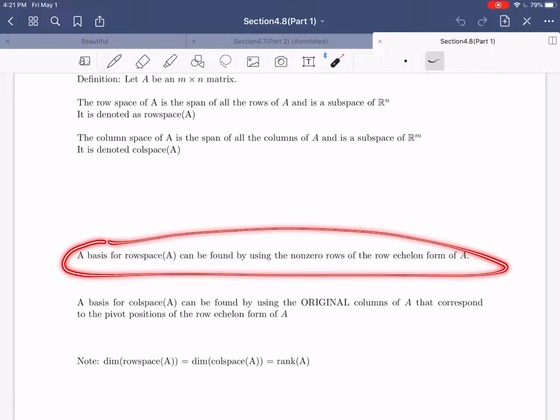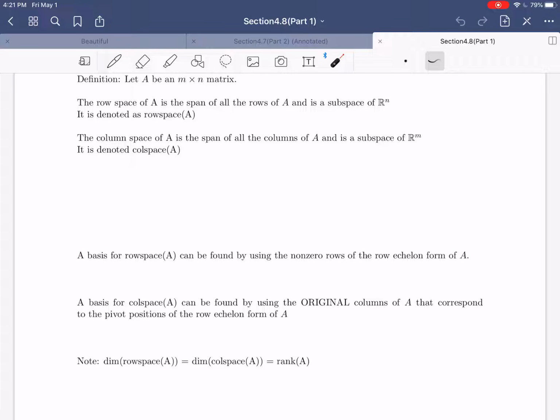Now, in your textbook, there's a somewhat lengthy derivation of exactly why this is the case. Again, because this is a little bit tangential to our overall flow of the course, we're just going to give that as a verbal explanation. The reason this should make sense is that when you put something into row echelon form, you're doing different elementary row operations. And as you guys know, there's three major elementary row operations. There's interchanging two rows, there's multiplying a row by a scalar, and there's adding a multiple of one row to another row. If you think about what each of those are doing, though, interchanging two rows,